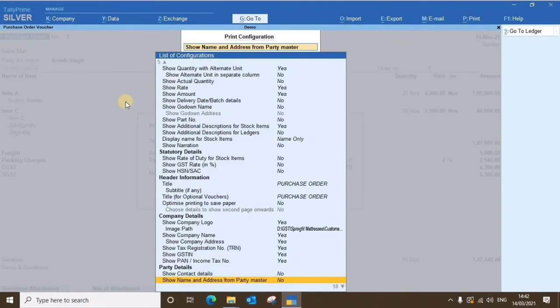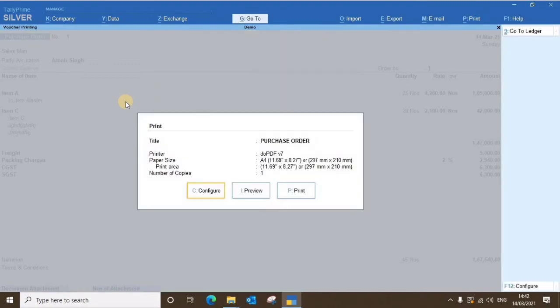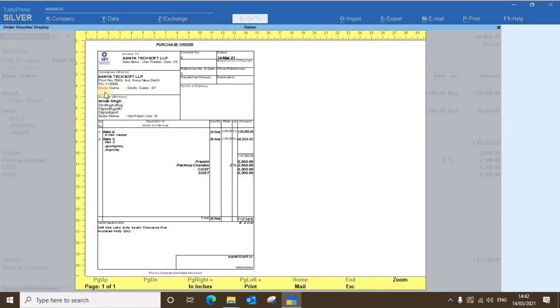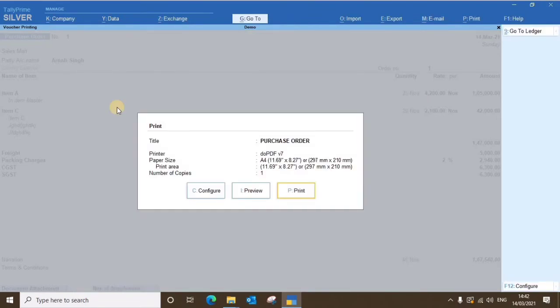you can make it no, because if it is no, then at real time when you enter the PO and the user fills in any address, it will be displayed on your screen. See that? I will type the details manually, and all the information will be printed out. Okay friends, now escape and you can take the print out.